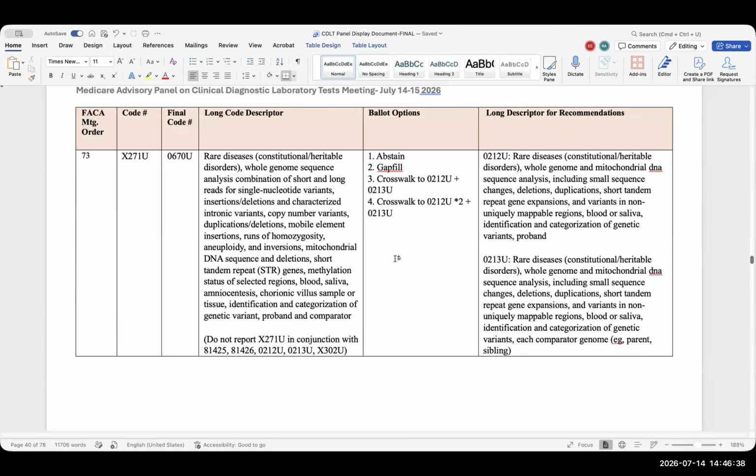And just for our panel members, for sake of understanding, you're doing two different methodologies to get to one answer. What is the added benefit of doing the additional sequencing, of doing it twice, essentially? There's clearly some things that the long reads pick up and the short reads pick up. How is it additive, the information that you get? Yes, so I can explain a little more.